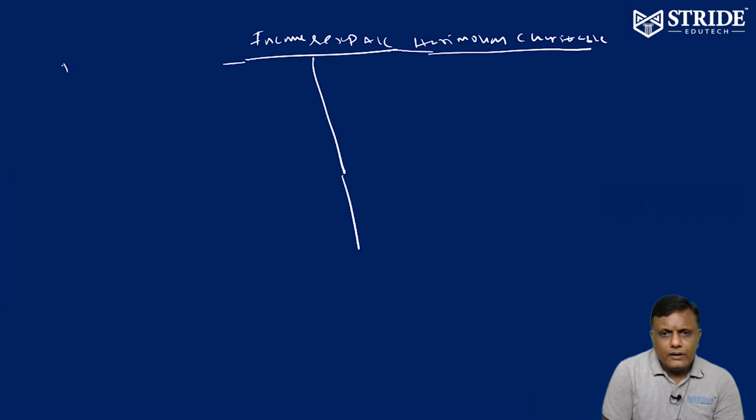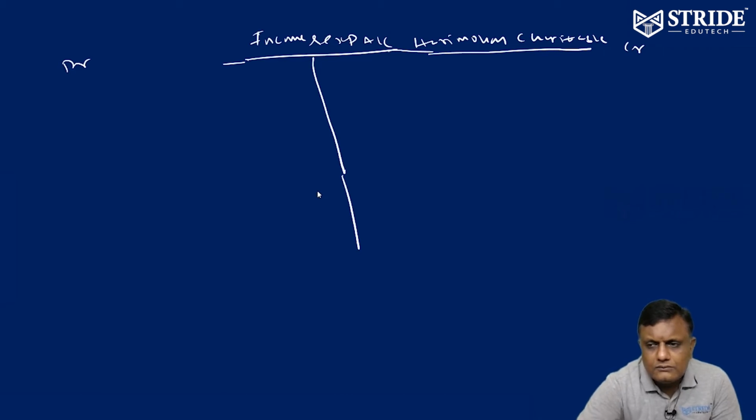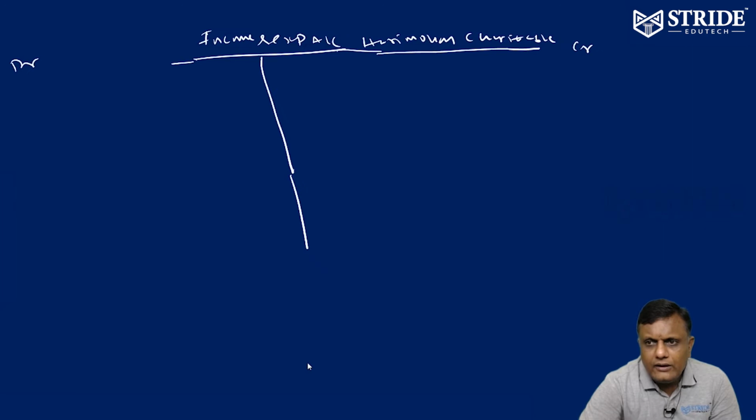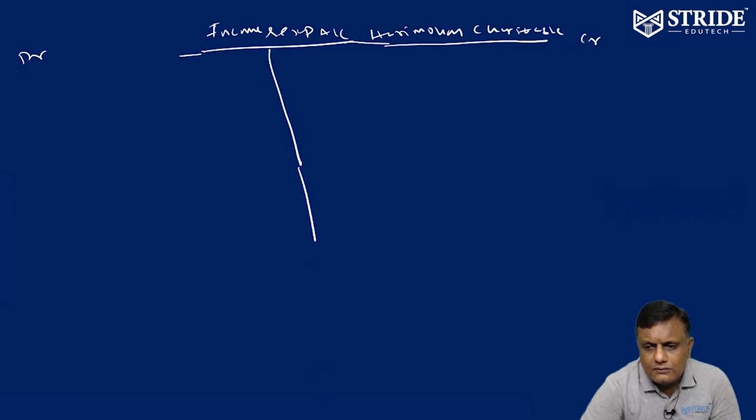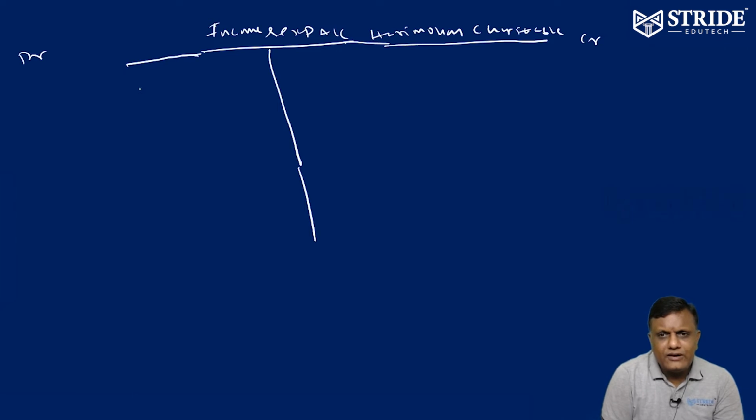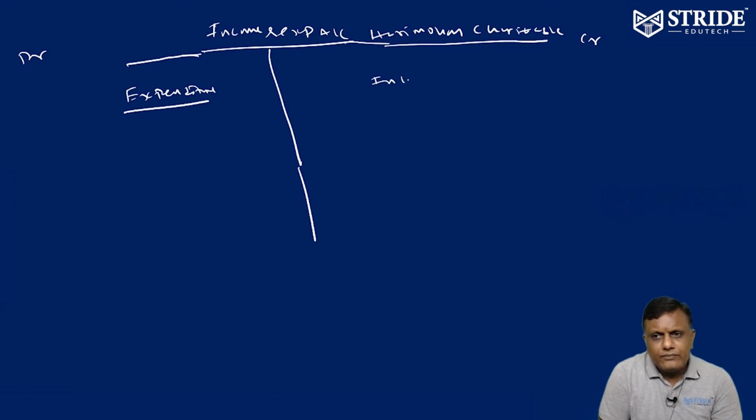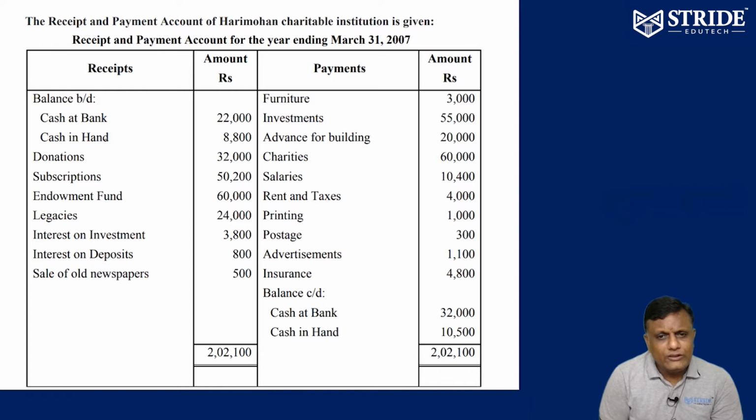Now, debit and credit. What does debit stand for? Expenditure. Debit stands for expenditure. What does credit stand for? Income. Credit stands for income. In the receipts and payments account, debit is receipt and credit is payment; it is a real account. The income and expenditure account is a nominal account: debit expenditure, credit income. Now, opening cash and opening bank, opening cash and cash at bank, should not be posted. They are purely last year balance sheet items.